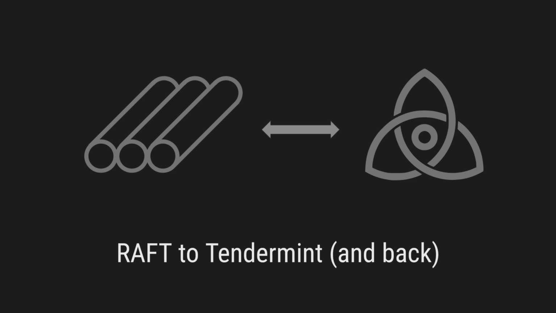Both RAFT and Tendermint are implemented as smart contracts. So, the consensus protocols are not hard-coded into the chain. At any point in time, you can actually create another consensus protocol and deploy it as a normal contract on the chain, and then propose it as a new consensus protocol through governance. Or you can go back to a previous consensus protocol.